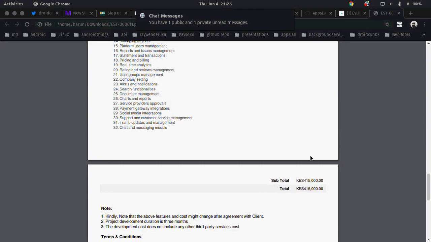So it is either they accept, or they say, hey, I had this budget, can you reduce it? Let's say this is for 15,000. We have a bare minimum amount below which you cannot reduce. They cannot say that they have 150,000 or 50,000 and you just accept like that. So for every application, have a best case and worst case budget. Worst case is where the client bargains and says they have this amount of money, and that is the allowed minimum. Best case is when everything goes well and they agree.